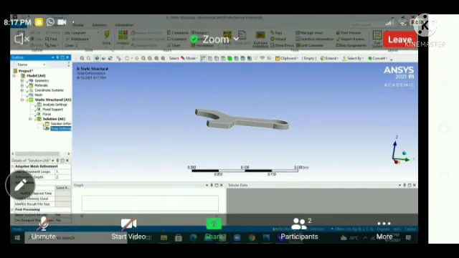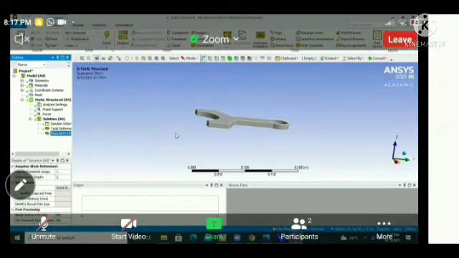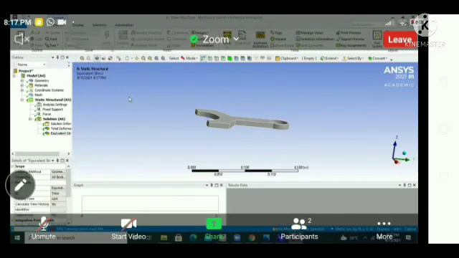Okay, so now click on solution, insert stress. We need to find which stress, equivalent stress, so click on it. And again we need another thing to find. For that you have to again go to the solution and give insert to that, and later you click on the solution button which is given above. As you click the solution button which is represented by thunder symbol, the solution will be calculated and shown.